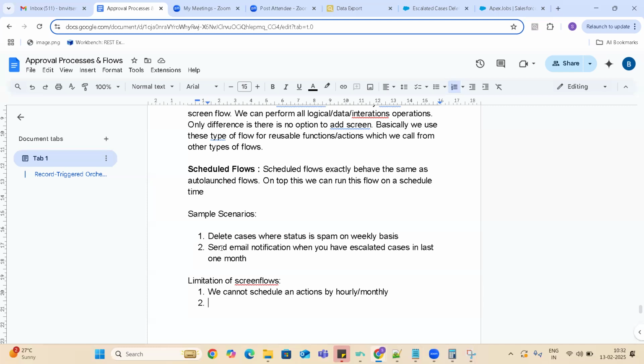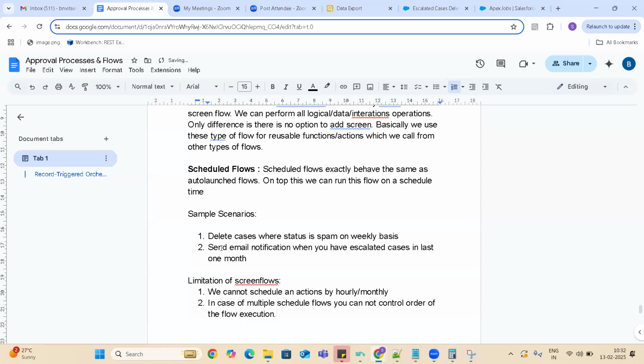The second thing, in case of multiple scheduled actions, you can't control the order of the scheduled flows.